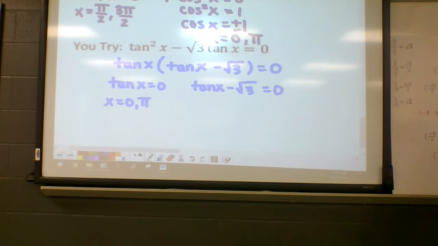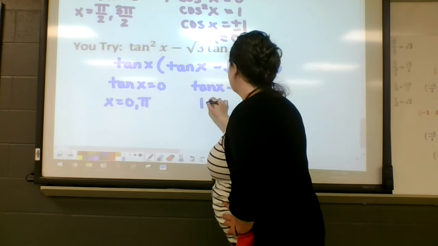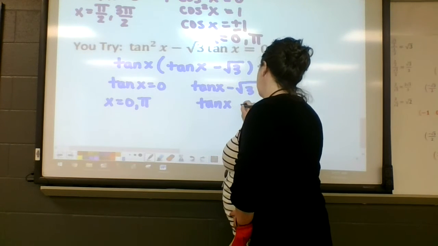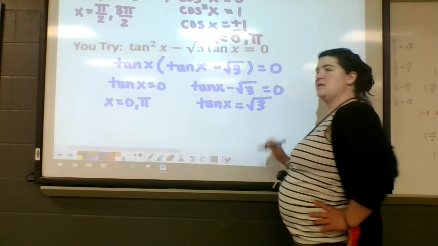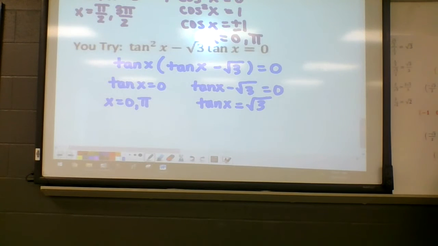All right, and then the next one, this is technically where the tangent of x is equal to a positive square root of 3, right? Move it over. Positive square root of 3. Well, that is one of our possible options, isn't it? If you look in your top corner, square root of 3. So we have the square root of 3 over 2 as the one on the top, yes? So that will be the sine value, because sine is on top for tangent. So where is the sine? The square root of 3 over 2. So that happens at,